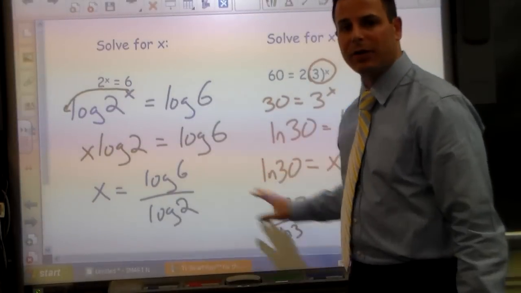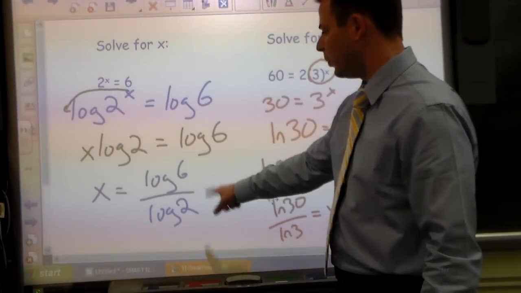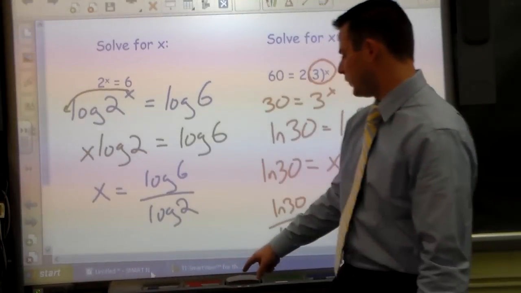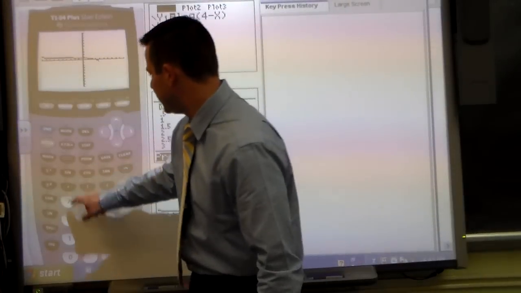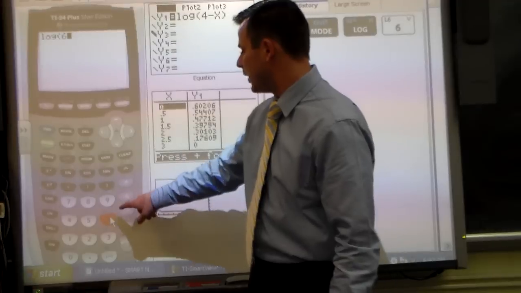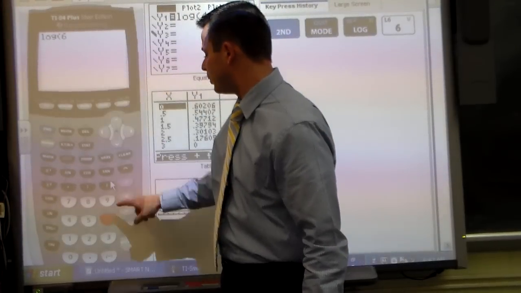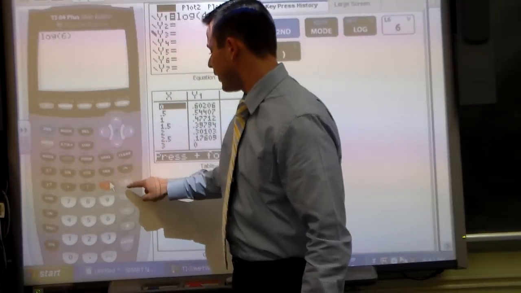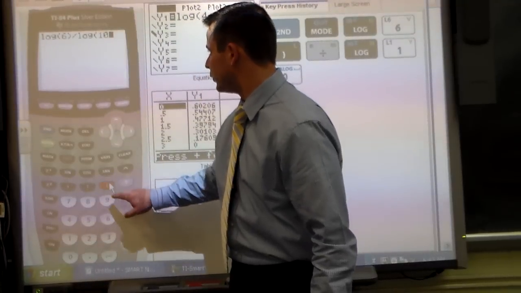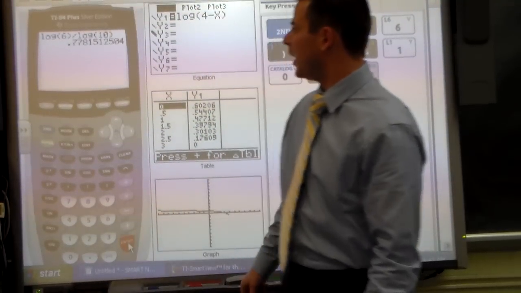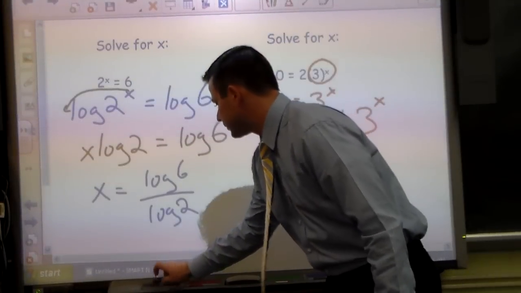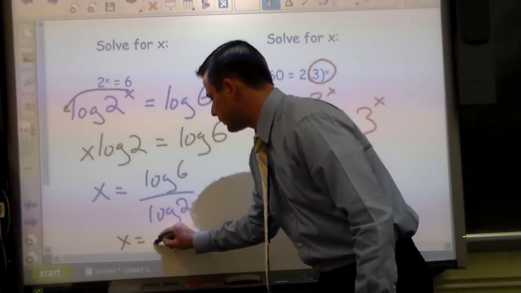So now I'm going to my calculator, I'm going to figure out exactly what these quotients are. So we have log 6 divided by log 2. Log 6. Make sure you're closing your parentheses here before you push divided by. Now we'll do divided by log 10. And close your parentheses again. Enter. And we'll say 0.778. So x equals